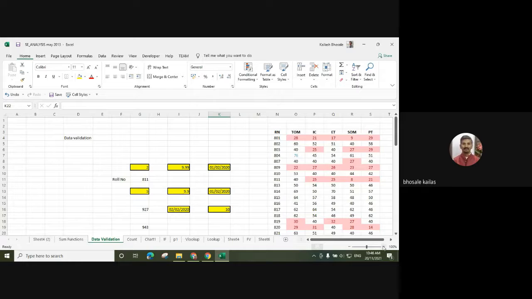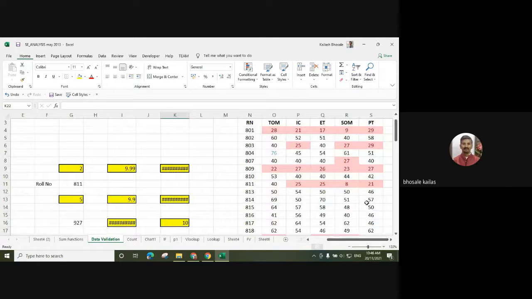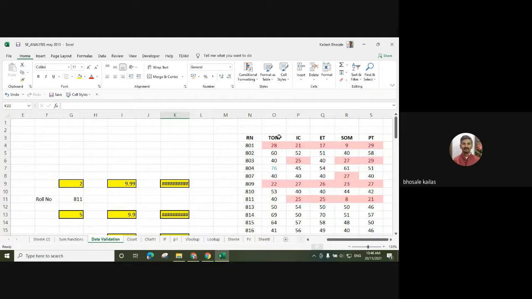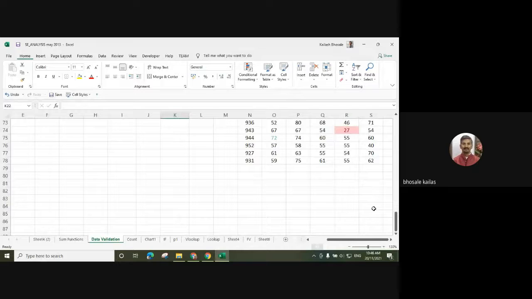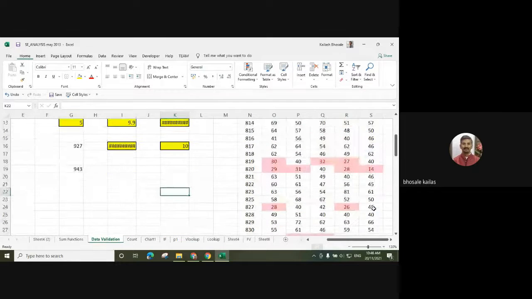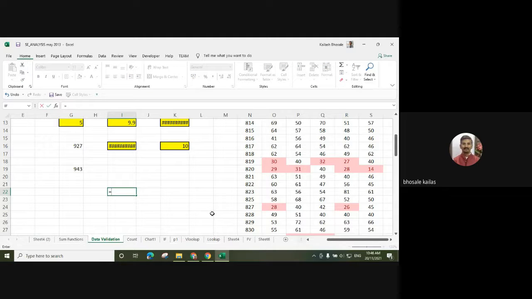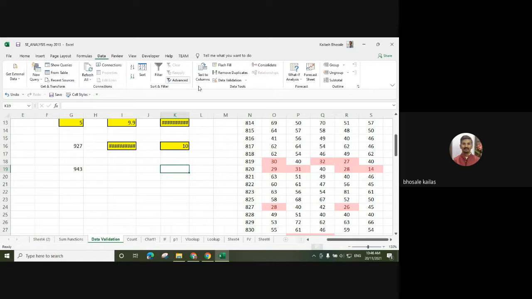This is a huge data, and these are the marks of the roll numbers and subjects. Like 1, 2, 3, 4, 5, 5 subjects are there, and these are the marks of the students. So we can use the data validation function. In the data, we can select anywhere, like I-23, then press data validation.